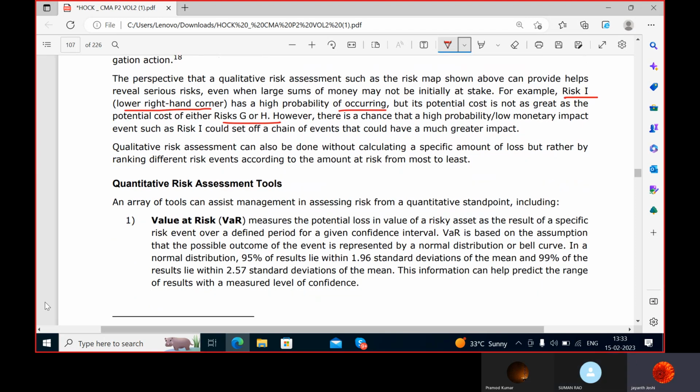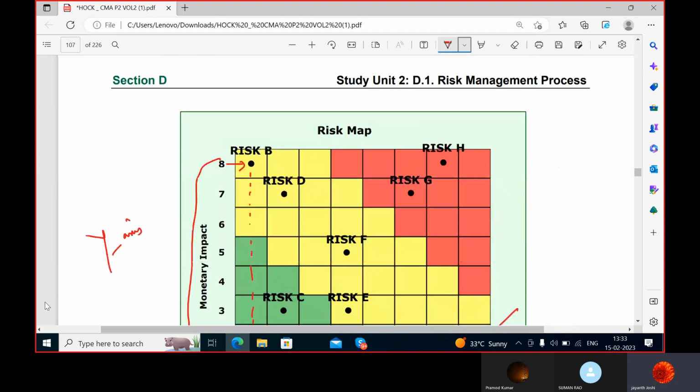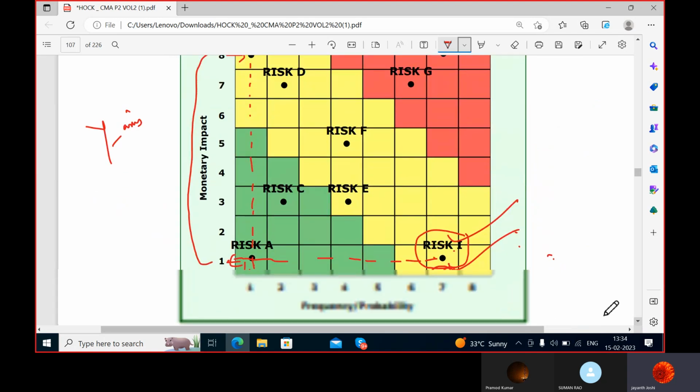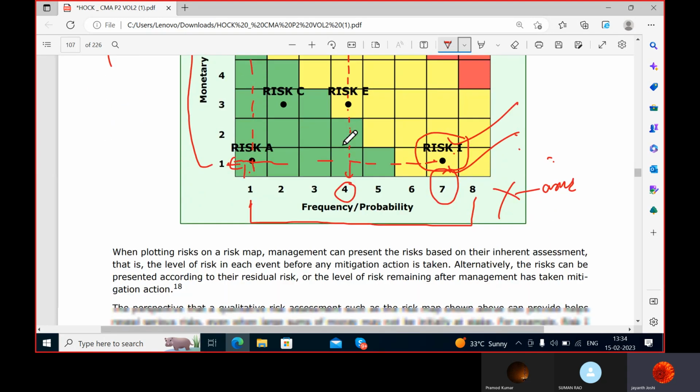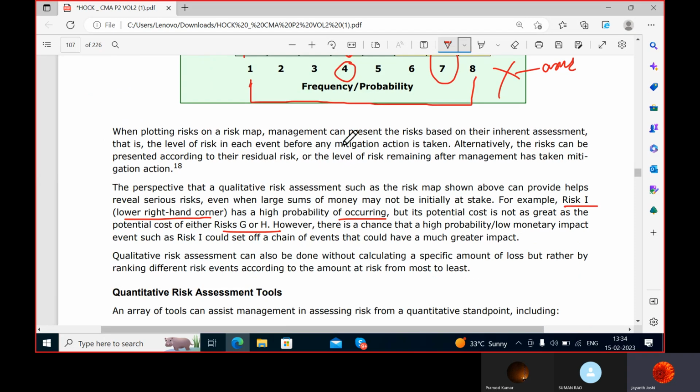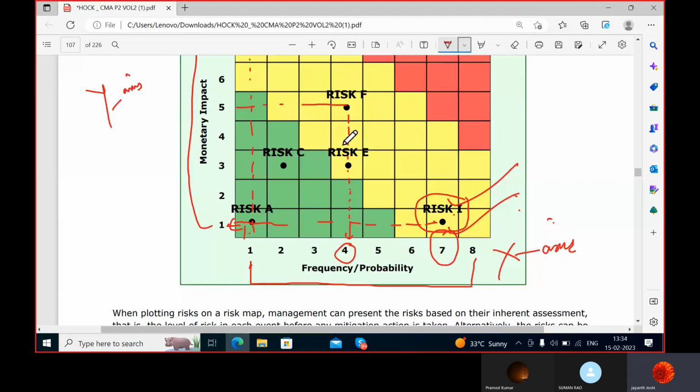Okay, sir. Because that is like what I explained is the final thing. Other things also you can see, like F. F is something which is happening moderately. The frequency is like 50-50 times; sometimes it happens, sometimes it does not. But the monetary impact is also like halfway, 50-50. You can study. The occurrence is something like on an average or in between, and the monetary impact is also in between. Okay, not much high, not much low, it's not on the extreme side.